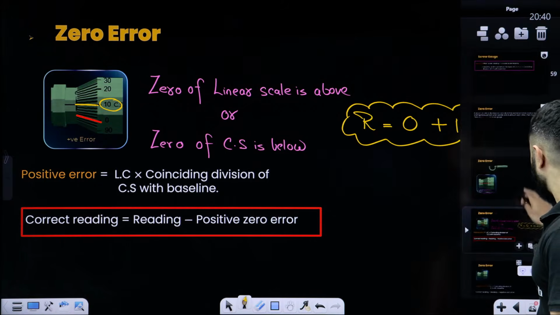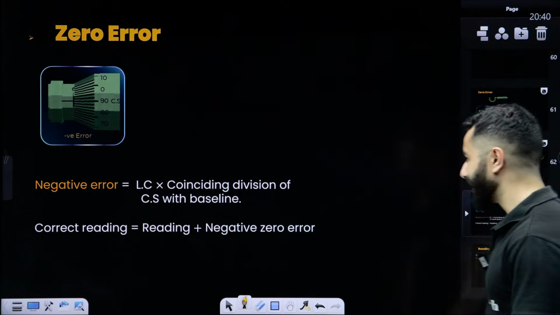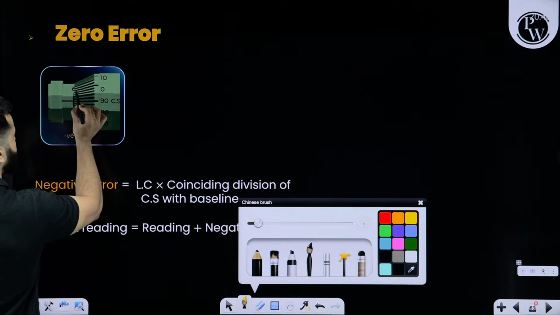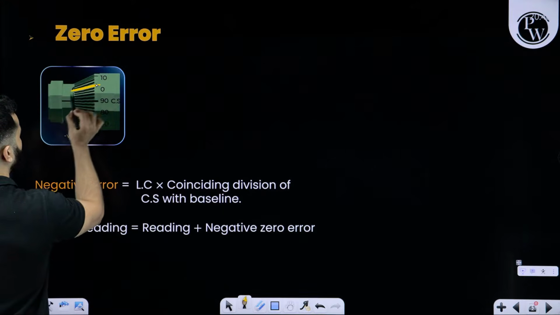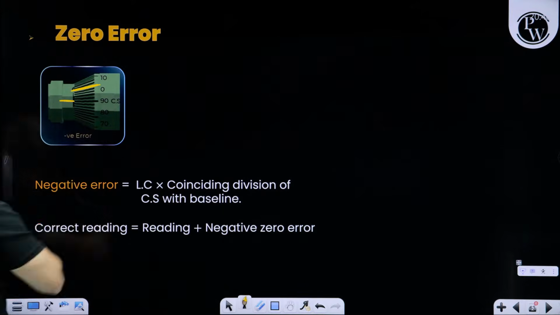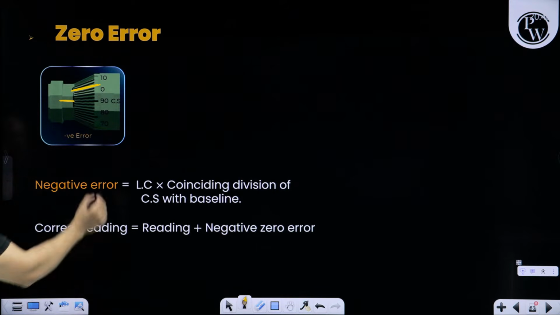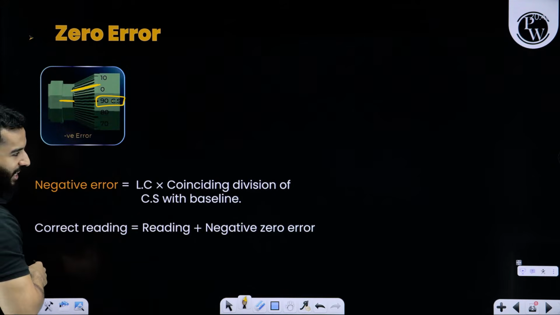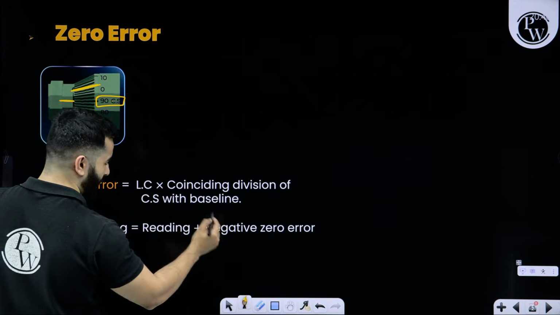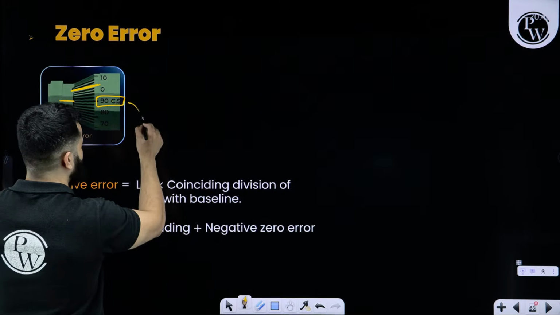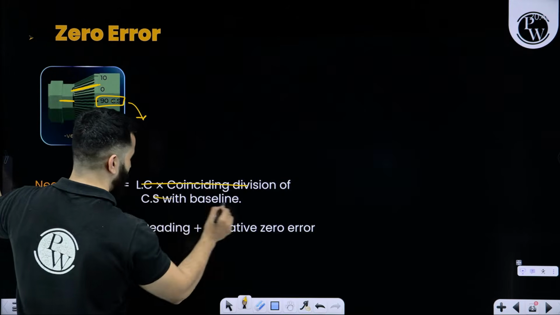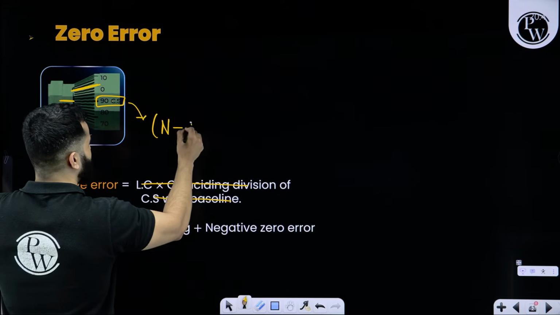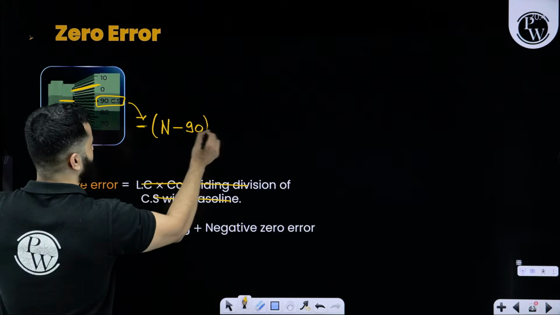Sorted. Last point, negative zero error. In negative zero error, doston, the zero of the circular scale division will be above the linear scale, and the number will be something like 90, and this will tell you that this is a negative zero error. And in this case, when you want to find the negative zero error, you are going to write down the total number minus coinciding, with a negative sign, multiplied by least